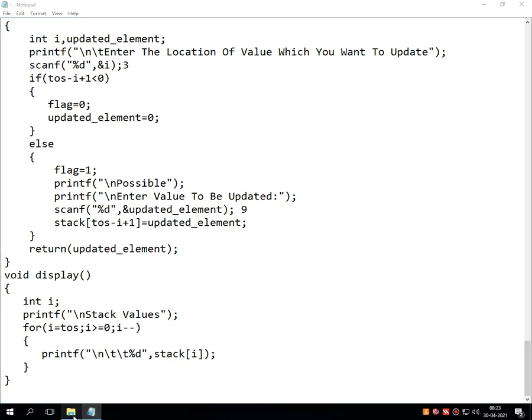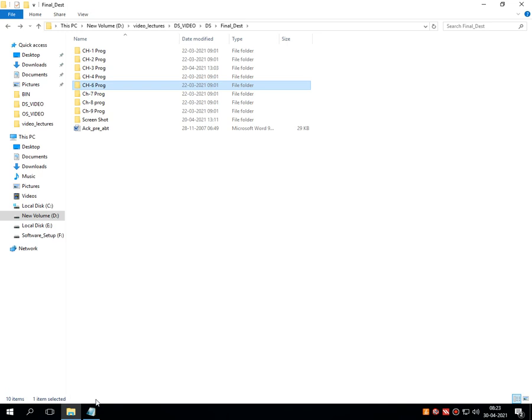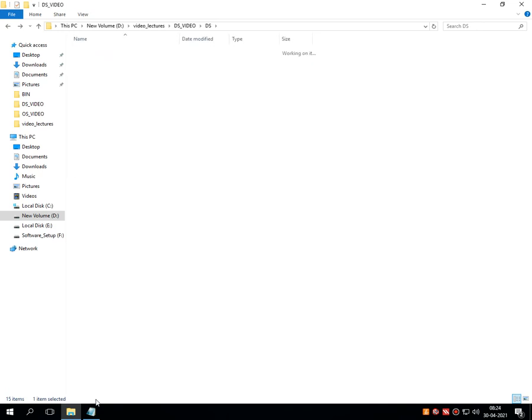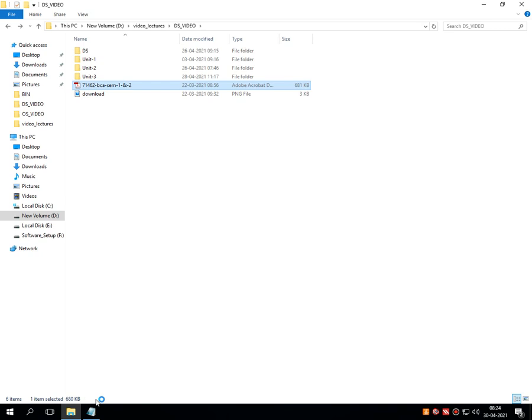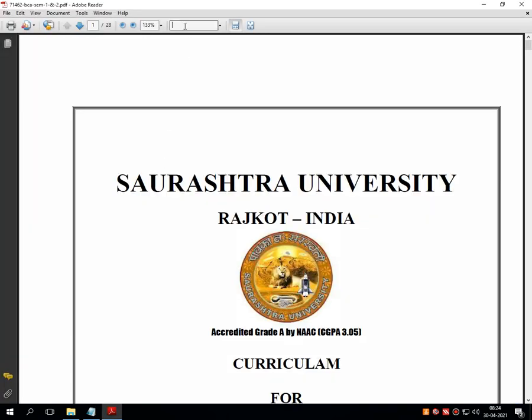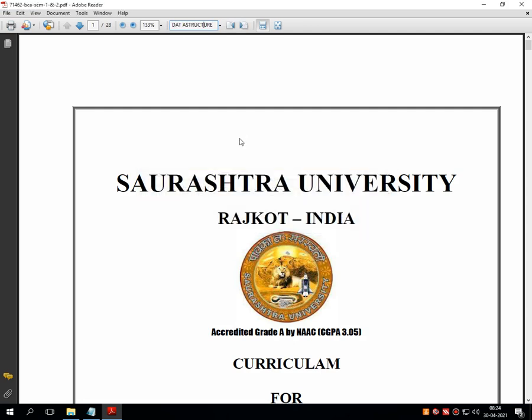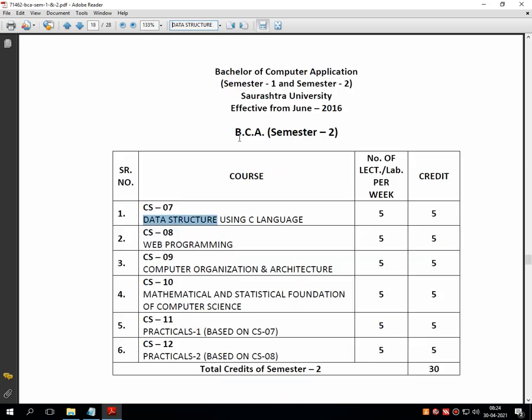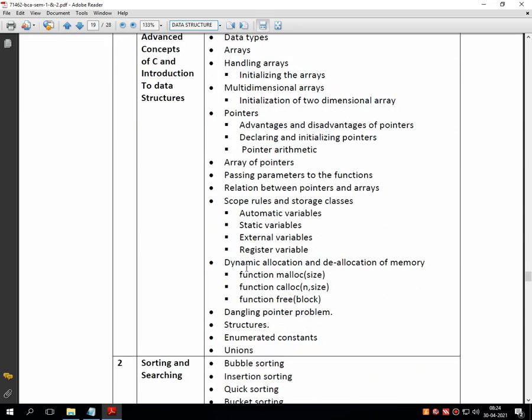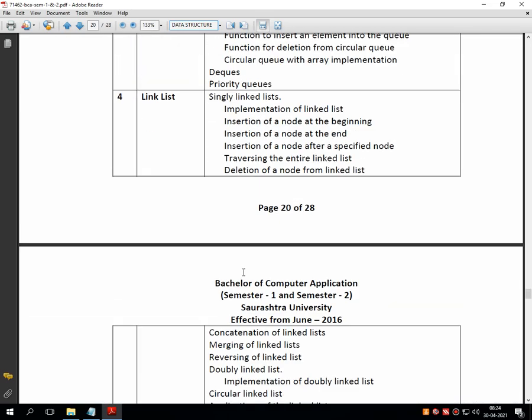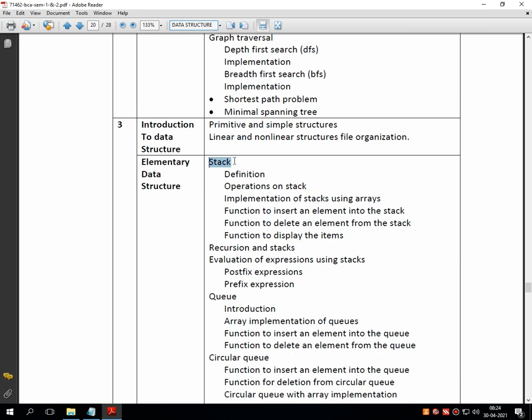Anyways, let's move on. So as per the syllabus, in unit number 3, we have completed the first linear data structure, that is called a stack.